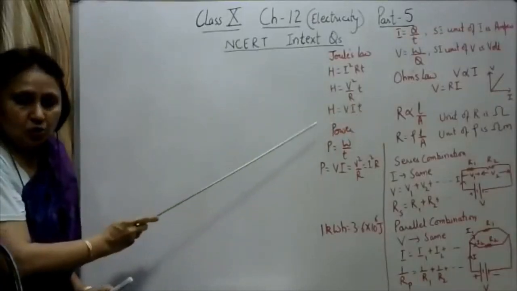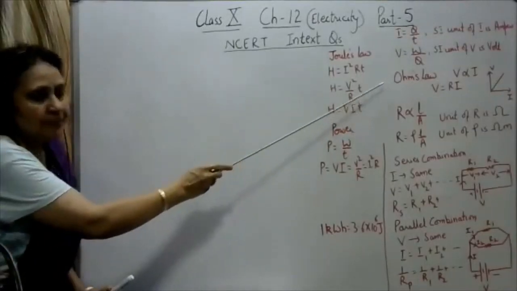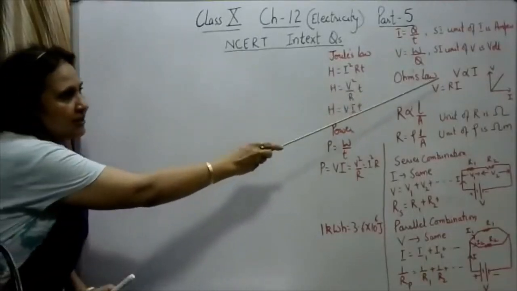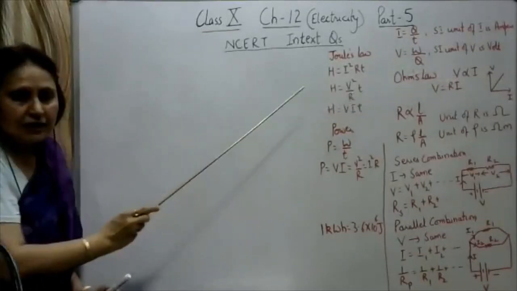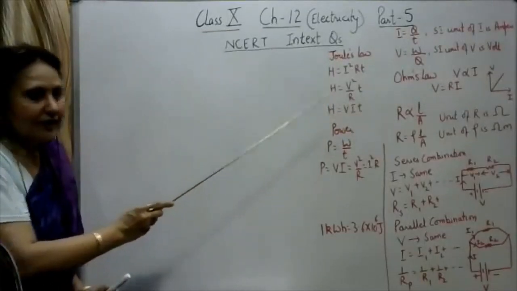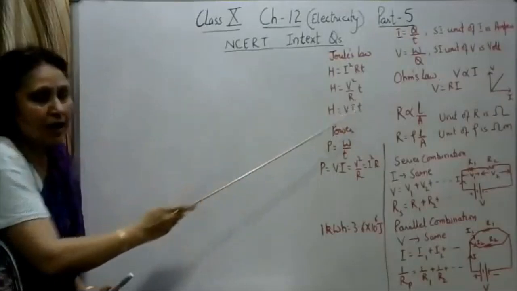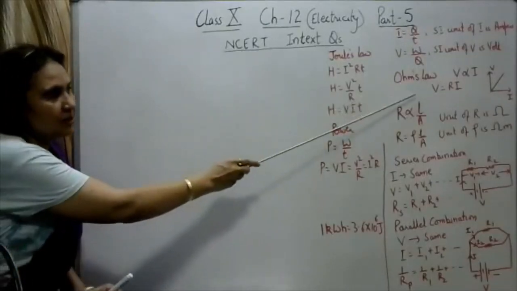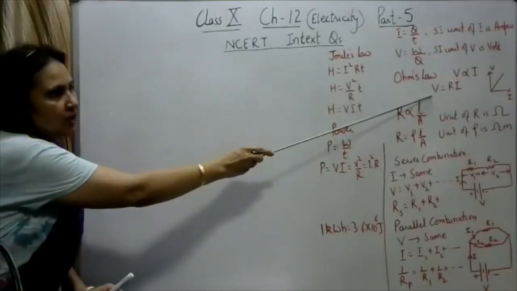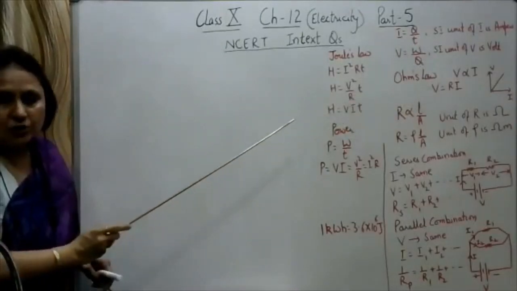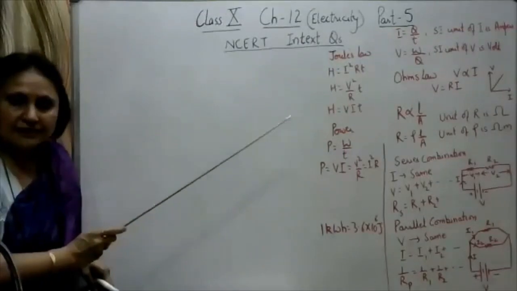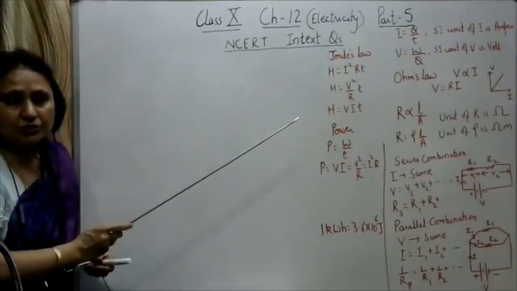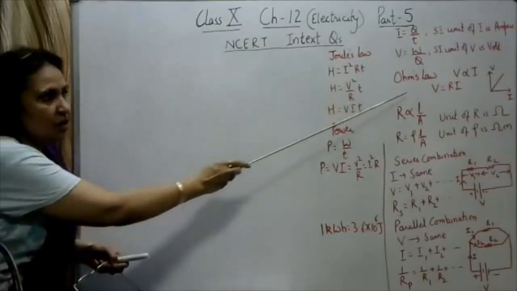Then we studied about Ohm's law. Ohm's law states that between any 2 points in an electrical circuit, the potential difference is directly proportional to the current flowing through it. That is, V is directly proportional to I, provided the physical conditions like temperature, etc. should remain constant. So V is equal to R into I, where R is called as the resistance of the conductor. That is the opposition to the flow of charges, or you can say that it is the opposition to